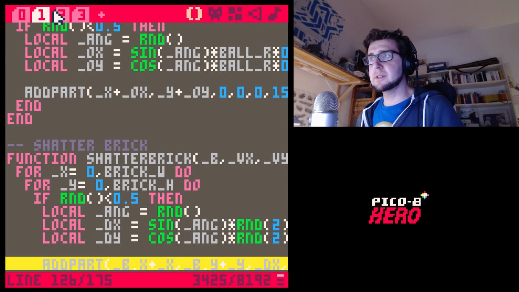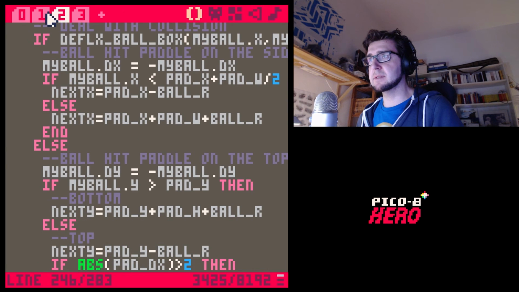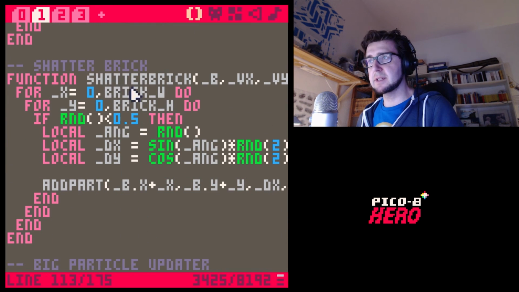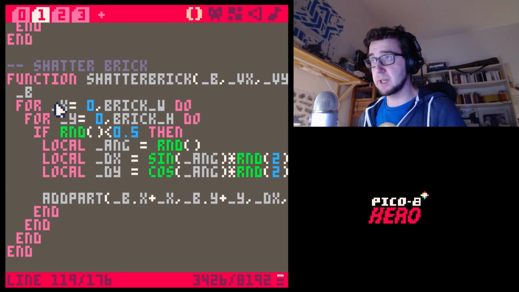I mean, we could do it in this function. There's no reason why we can't do it in this function. Maybe when we go shatter brick, then we're gonna also bump the brick at the same time. Might be probably a good idea, because we already have the reference to the brick object here, and we have the speed at which we're gonna go. So why not? Ox equals